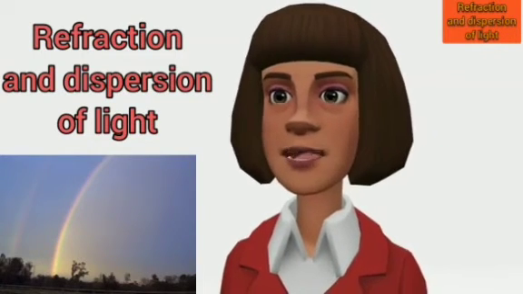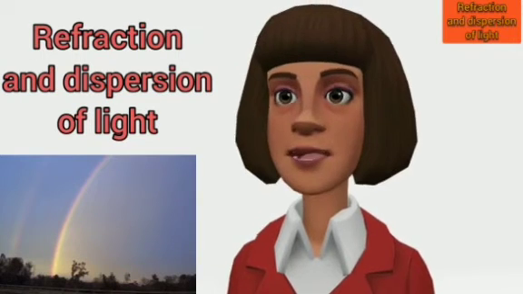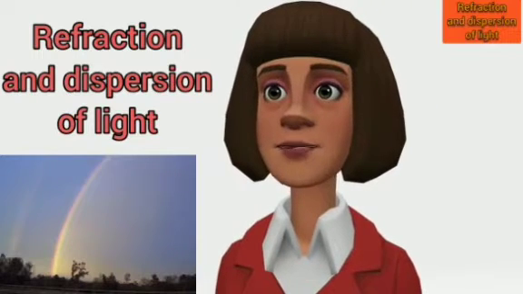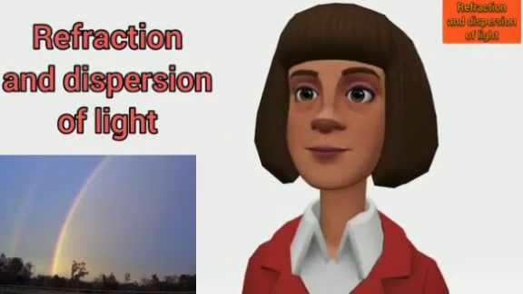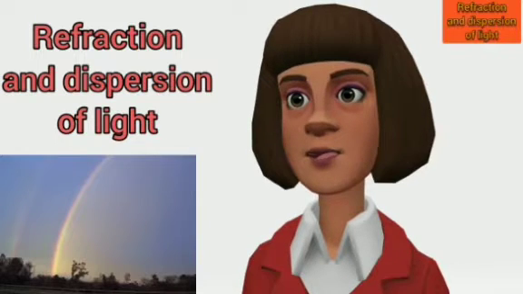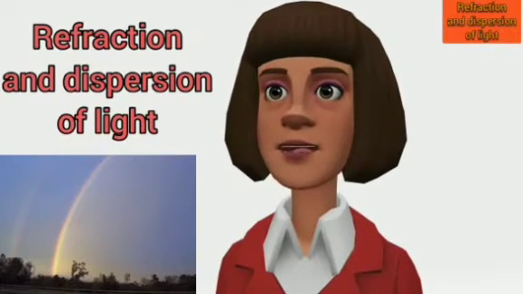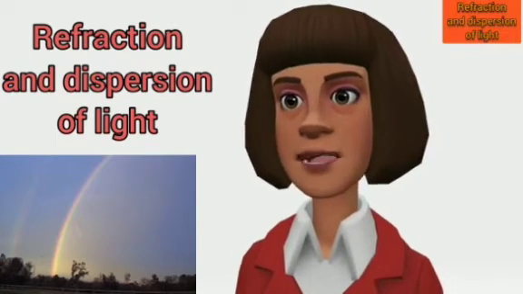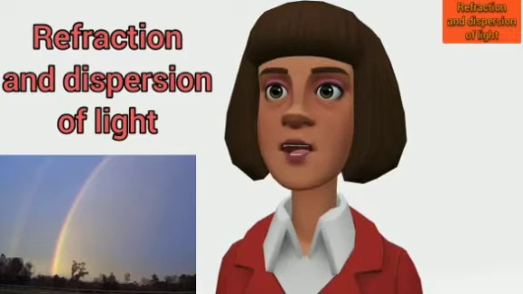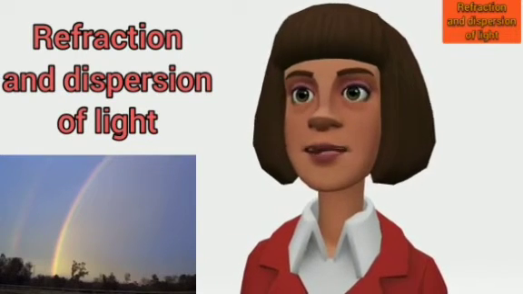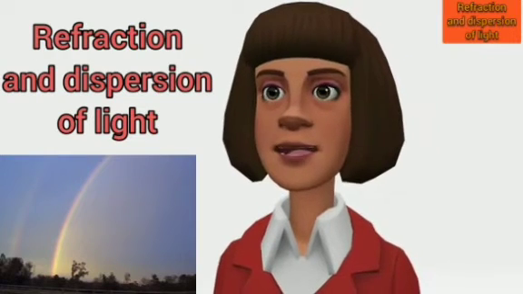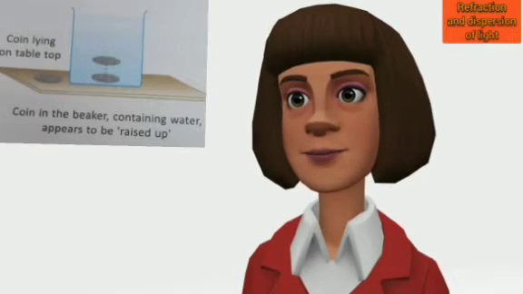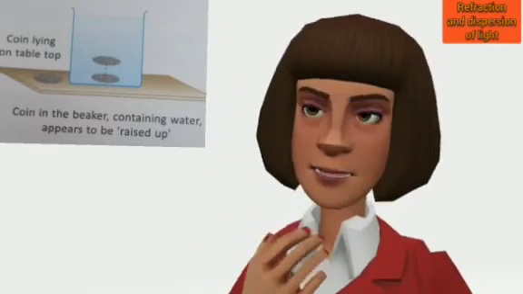When a ray of light propagating along a straight line in one transparent medium enters another transparent medium, it is observed to usually change its direction of propagation, or to bend its path. This is due to the phenomenon known as refraction of light. Such observations are basically due to a change in the speed of light as it goes from one medium to another. We usually regard refraction as the phenomenon in which a ray of light, propagating obliquely in one transparent medium, changes its direction of propagation or bends its path when it goes into a different transparent medium. Is it possible to observe refraction through an activity?